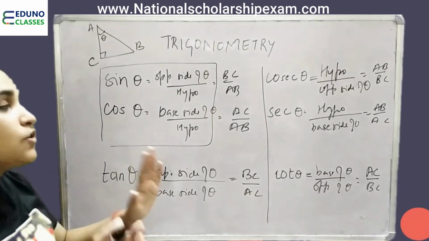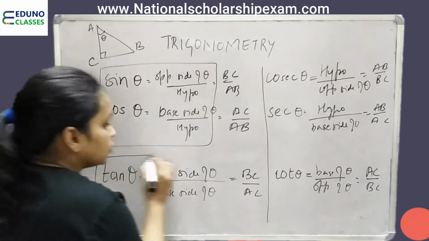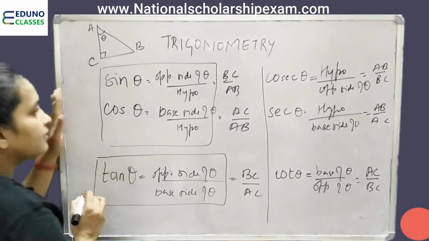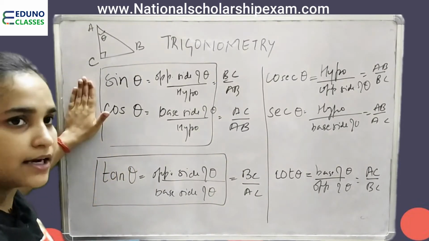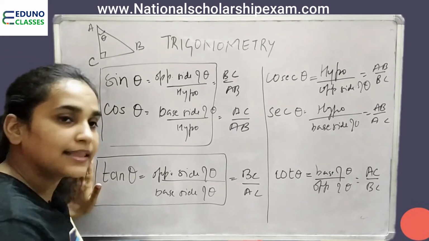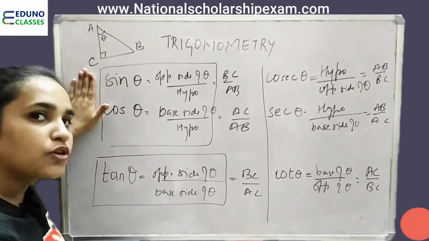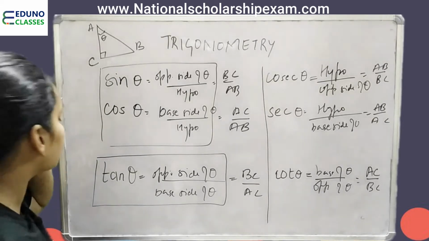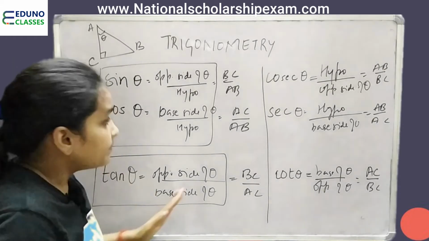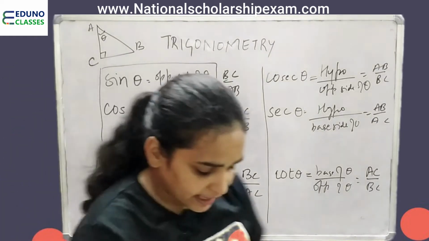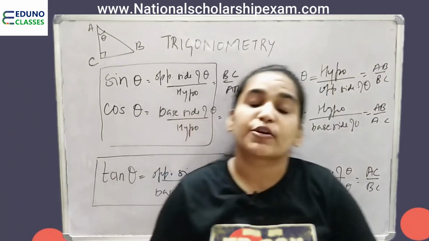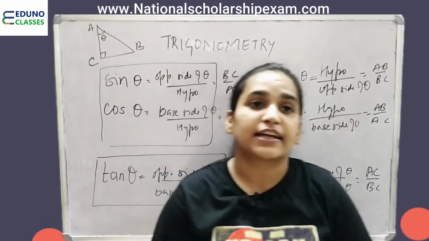Fine. So the first two are the most fundamental formulas, and then this is the third one. It's important, but these are the most fundamental. You can find tan theta with the help of sin theta upon cos theta. I will show you how in future videos. So sin theta, cos theta, tan theta. I will try to make you remember these formulas because it's very important. We cannot go on to waste our time.